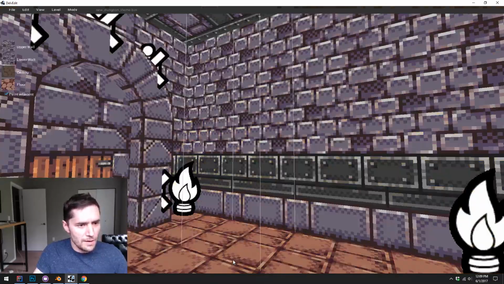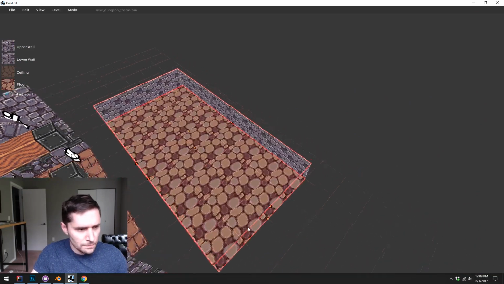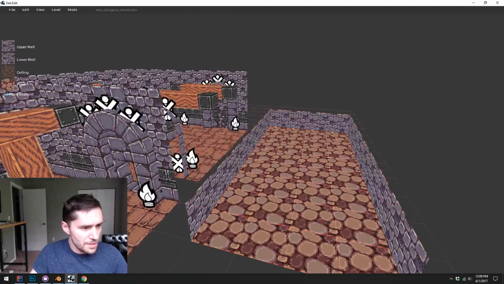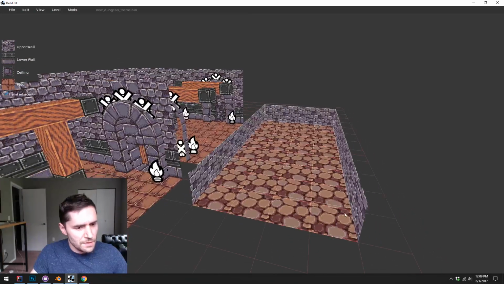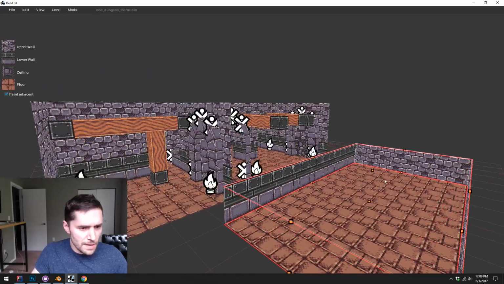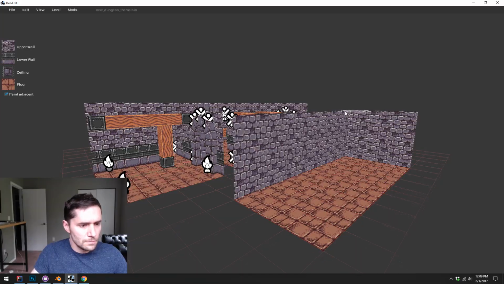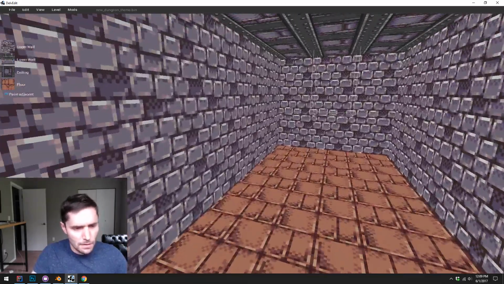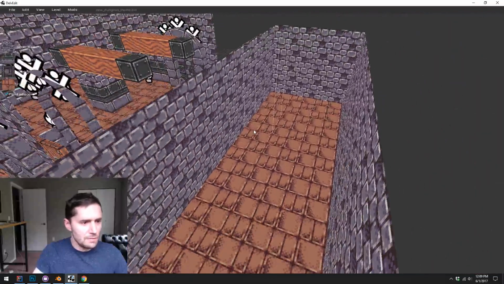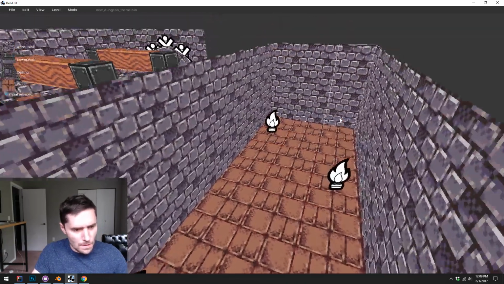So I'm trying to get ways of building rules that will just decorate the level for the designer. So you can just block out a big room. It is sensitive to what textures and tile sets you are using, so keep that in mind. So I can just grab this, make this into a tall room, and I can hit play. Let me put some torches in here so we can actually see what we're doing. Okay, so hit play,